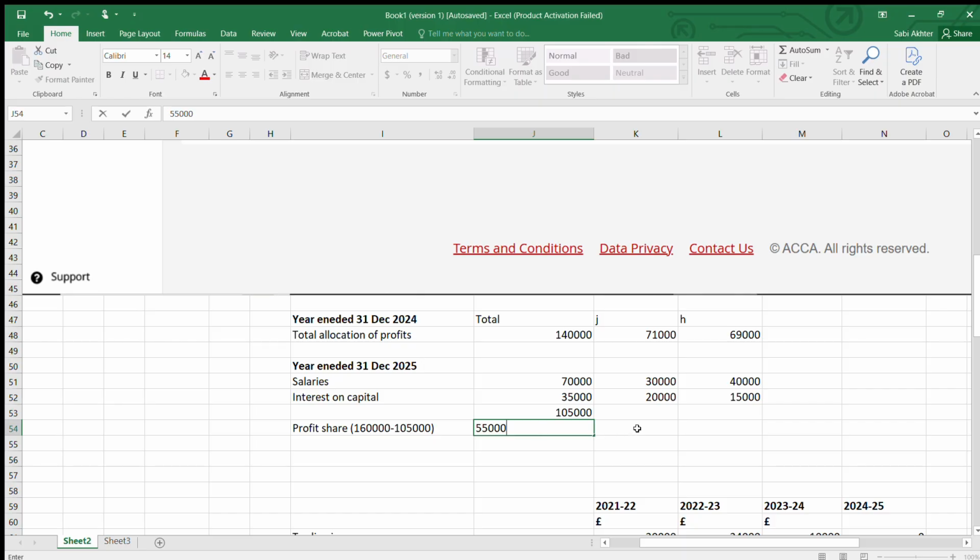If you are taking on a 60-40 ratio, you can get it straight away: 60% of 55 is 33,000, and the balance, this is very easy, 55 minus 33, 22,000. Done. So now if you add this with the sum function, it should add up to 160, and this with the sum function, 83,